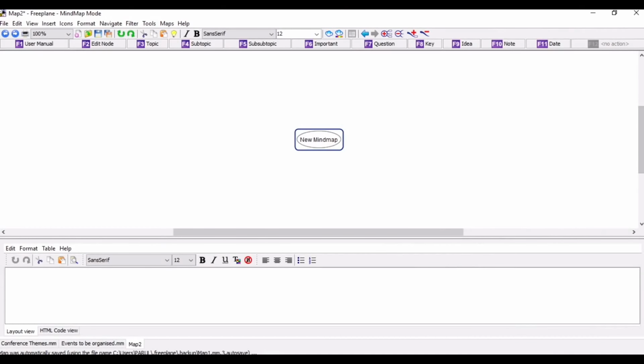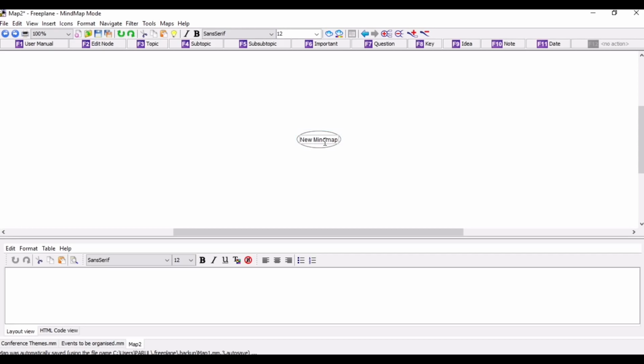We have already seen the installation of the software Freeplane. Now we move to how the Freeplane software works and how simple or complex mind maps can be created. So let me just take you through the application area that we see here. Now there are many icons, so we shall be seeing the use of all these icons as we proceed. We see this main application area and we see the title new mind map.